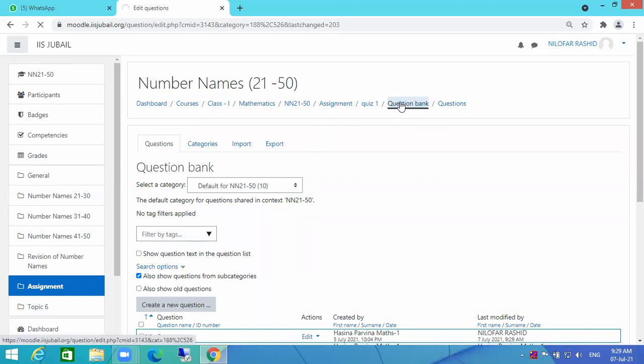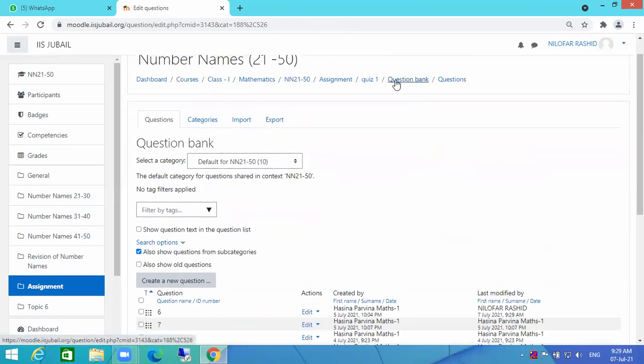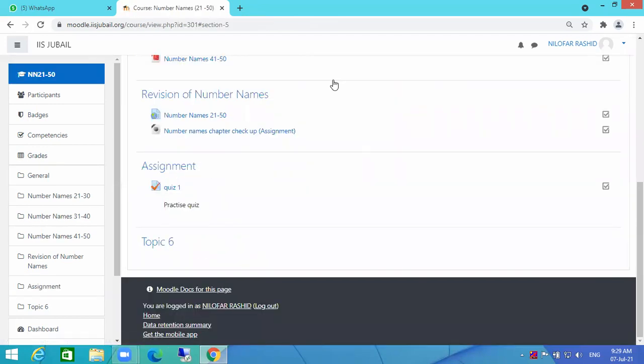Question bank. So straight away you can go to the question bank also, you can change. So from the quiz also you can change. There are two ways, like I'll just come back to the assignment. There are two ways we can access the question. So directly, if you want to modify the question under the quiz, you can do that. Otherwise, suppose you want to check the entire question bank, whatever the teacher has created, whether the questions are correct, the right answers are marked properly or not, the text of the question is correct or not,